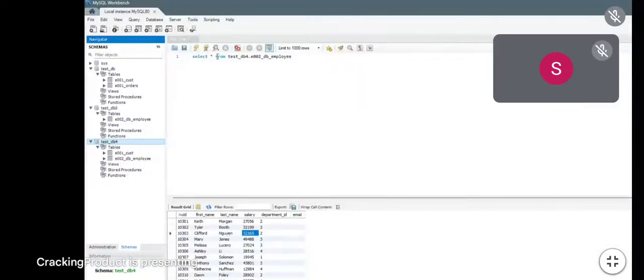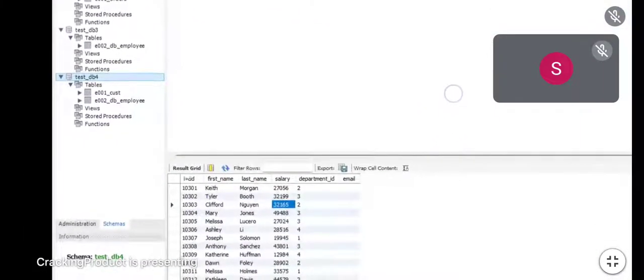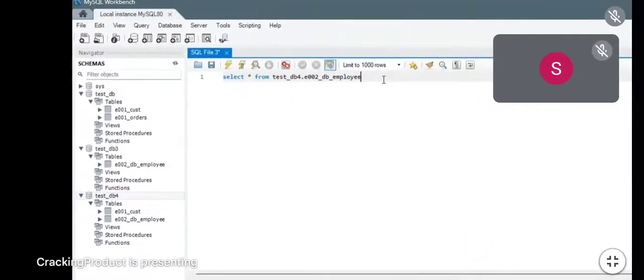Now if I select everything from this test db employee table, just notice this particular column. So this way, suppose you are importing multiple tables and you run into some sort of issue where the column is not what it's supposed to be, it's probably going to happen with this id. I'm not sure why this id column is not properly handled by this SQL Workbench, but if that's the issue,